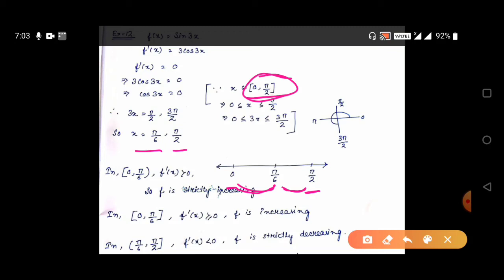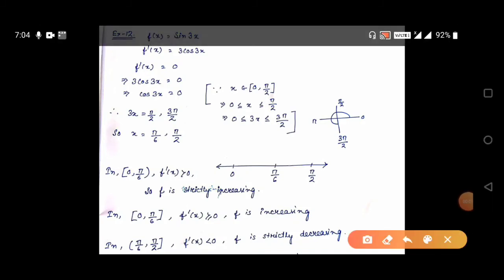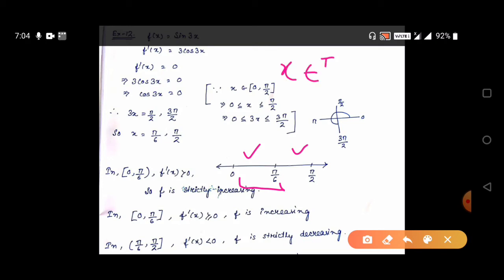Since we have two values of x, one is pi by 6, another is pi by 2, in this line we can put only pi by 6 because pi by 2 is only the extreme point. Now we will check whether the function is increasing or decreasing in these two intervals. So if we consider this interval, if x belongs to 0 to pi by 6,